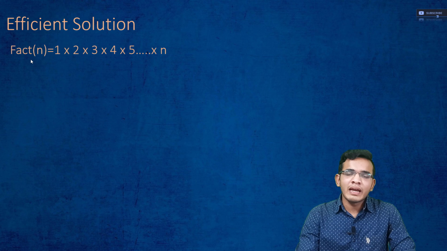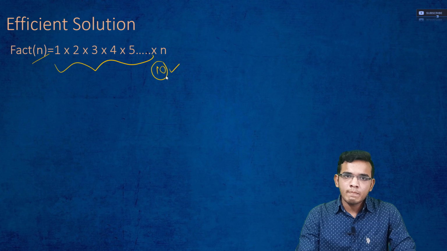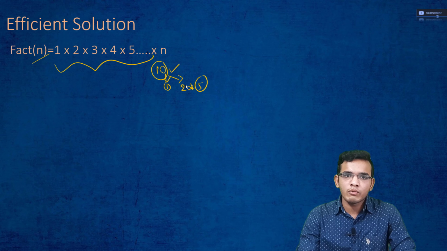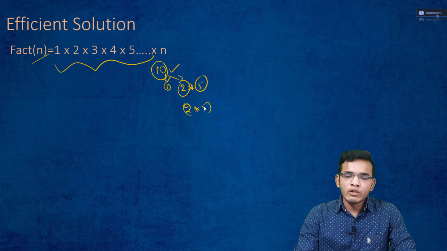Let's say we need to calculate the factorial of n. I'll enumerate all the values as 1 into 2 into 3 into 4 into 5 into so on up to n. So my factorial turns out to be the multiplication of all these n terms. In the trailing zero problem, let us say we have value 10, the number of trailing zeros is 1, which, if I divide it into prime factors, is nothing but 2 into 5. Now I will come to a conclusion that if I consider all the pairs of 2 into 5 from this series, I could make one trailing zero.